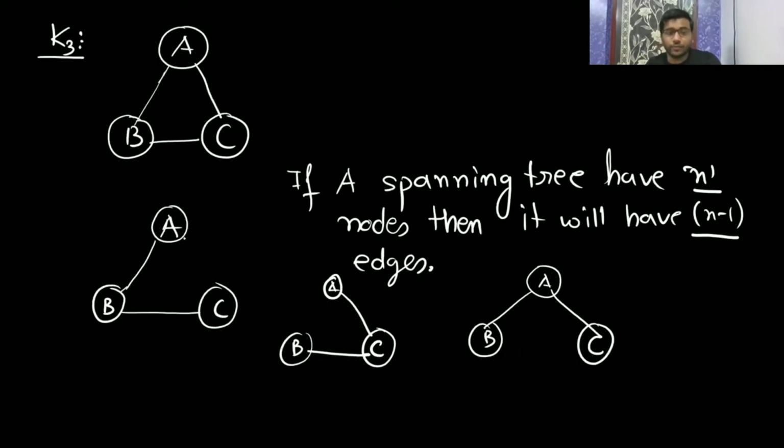So you are connecting from A to C, meaning you have a path from A to C, from A to B, A to C, B to C. Okay, so this way. Now for K4, for a complete graph, we have a direct formula.